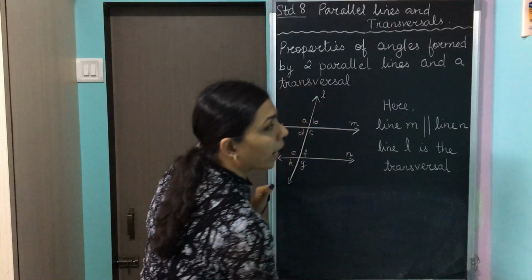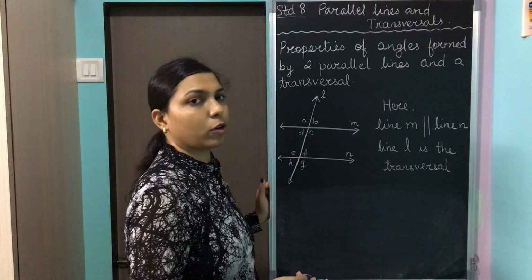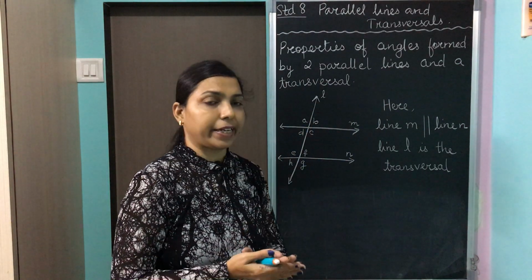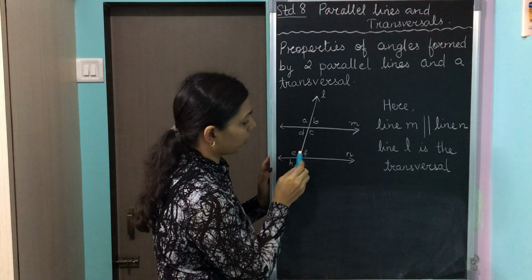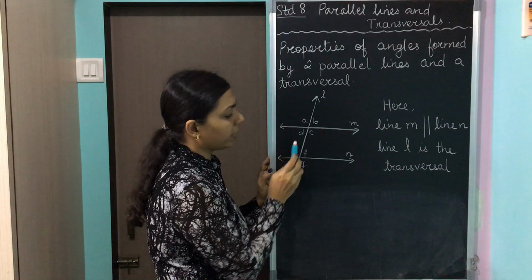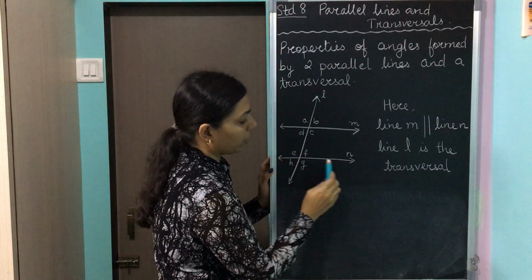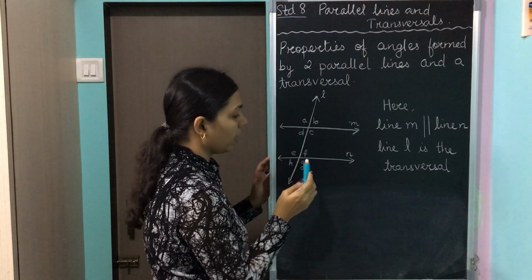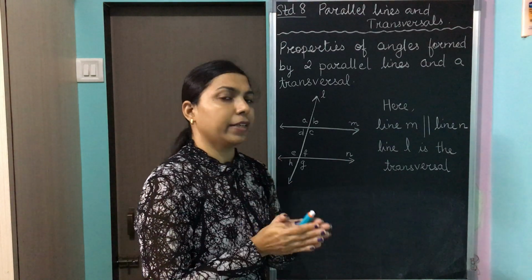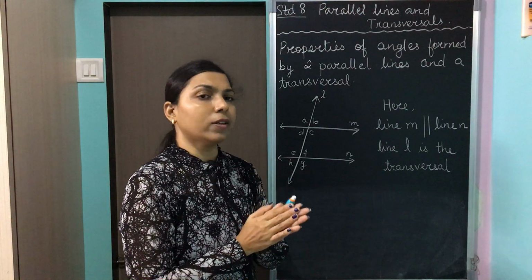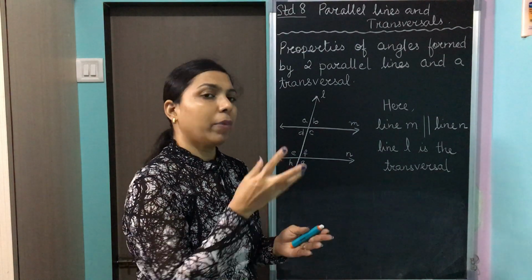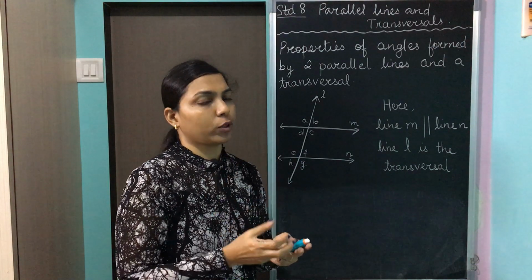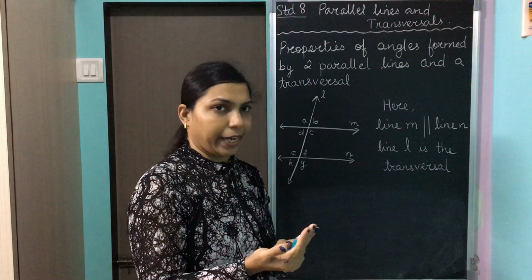Now if you remember, the last type of angles that we had learnt about was the interior angles, the box formation. We have one angle over here and one angle here: angle D and angle E, and over here angle C and angle F. But in interior angles, we will not say that the angles are congruent, they do not have the same measurement, but when you add up the measurements of both the angles, it will come to 180 degrees.